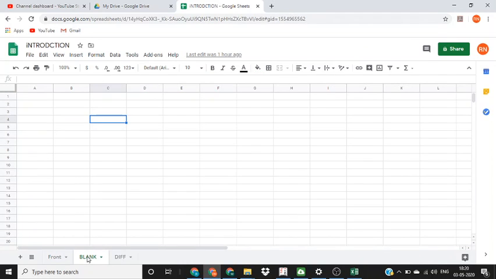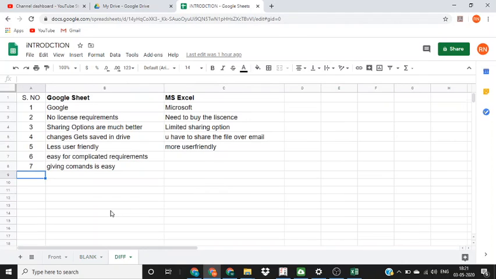It looks very familiar, or similar, to MS Excel that we use. It has similar tabs like File, Edit, View, Insert, Format, Data. There are a few more other tabs like Tools, Add-ons. We will not go into details of those tabs. Going forward, I'll identify the differences between Google Sheet and MS Excel.